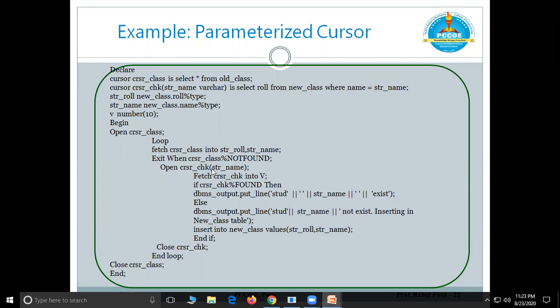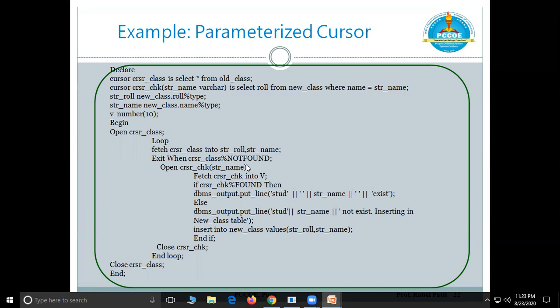Then we are opening the other cursor, that is open cursor_check with str name. We are fetching that second cursor into v. When it fetches something, %FOUND will be true, meaning that str name is available in the table, and str name is the name from the old class table.